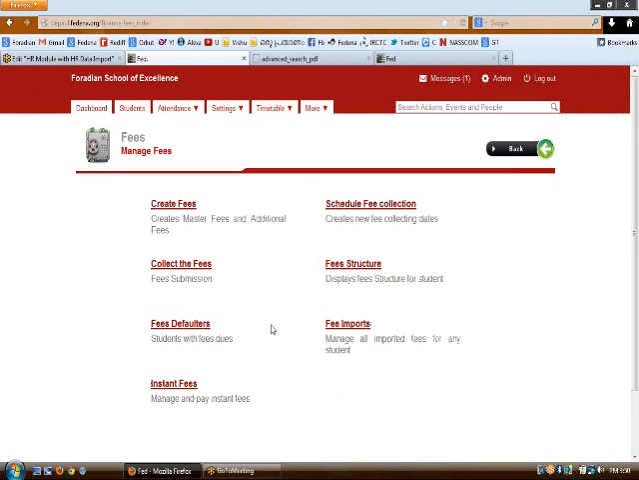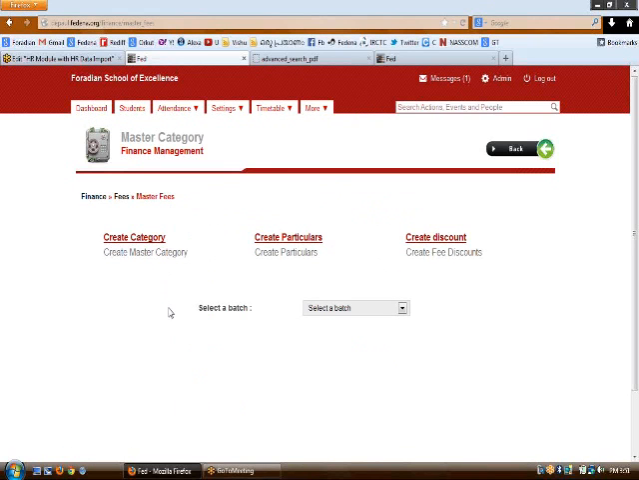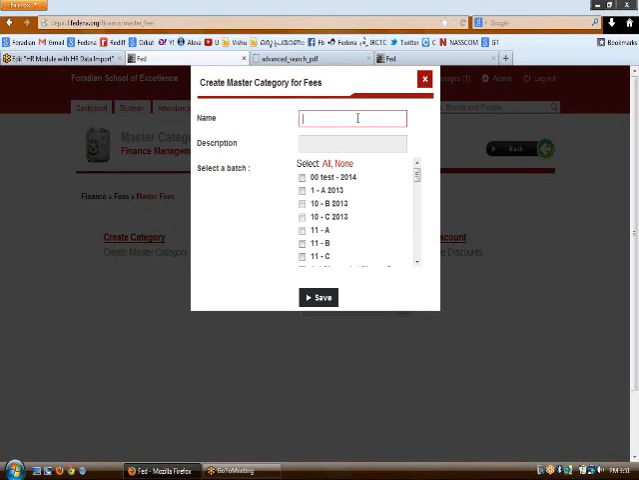In fees we have the available options: create fees, schedule fee collection, collect fees, fee structure, defaulters, fee imports, and instant fees. Now we will be seeing each of the links in detail. So the option we start with is the create fees part. In create fees you have three links: create category, create particulars, and create discount. In create category you can create your own master category. Let us say that you want to create a master category called MSTR category